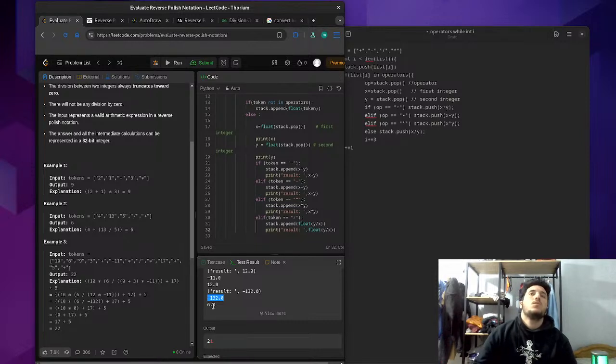So when he gets to 6, it's gonna push 6, pop 6, and then if I have a token which is this